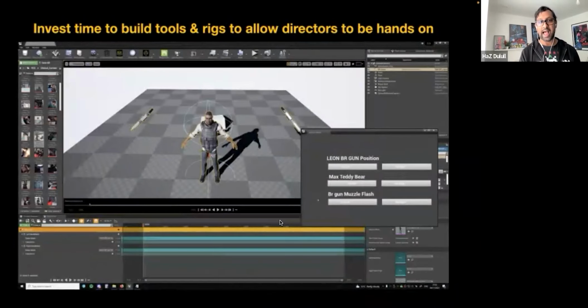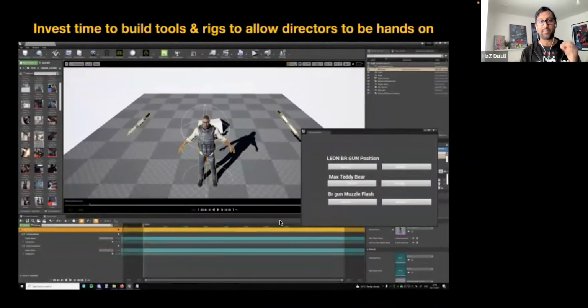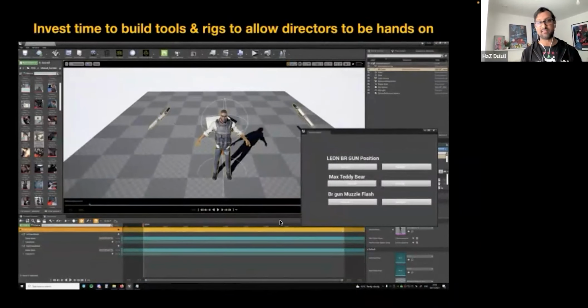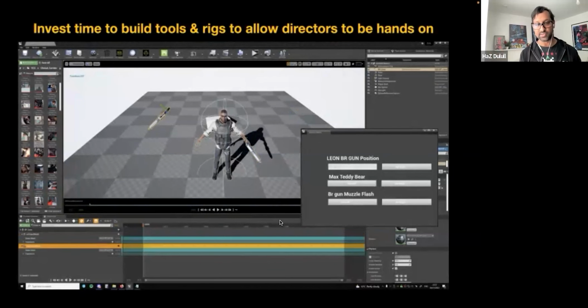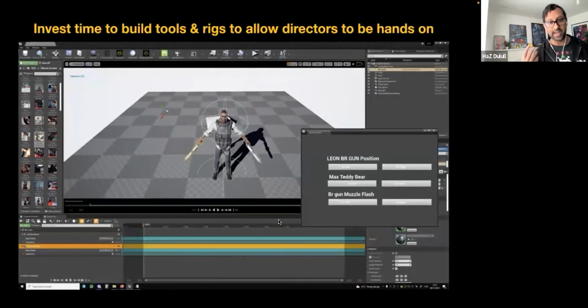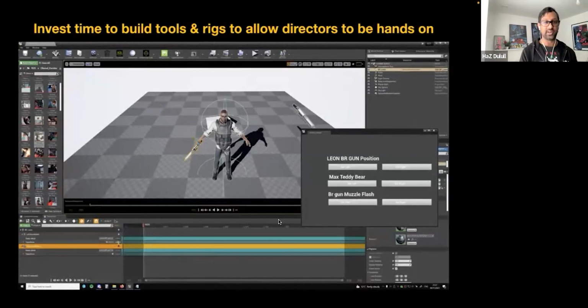Here's another example where I wanted to be able to swap objects and props from the character's hands. So Andrea built this blueprint that allows me just to select the hand, select the weapon, and hit attach, and it would attach it. Now, of course, there's a way of doing it in sequencer where you attach and then move to transform. But when you've got hundreds and hundreds of shots and you want to change the props very quickly, you want to build these tools to make it more efficient, especially if the director's in there doing a lot of the shots.